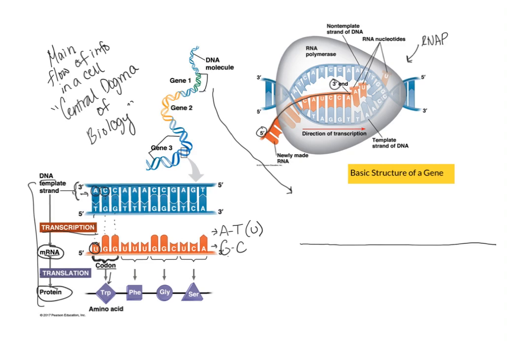So this black line is just going to represent this stretch of DNA, and we're going to use different colors to indicate the different sections of this gene. So at the center point of this stretch of DNA called a gene, we have a section known as the coding region, right? So the coding region